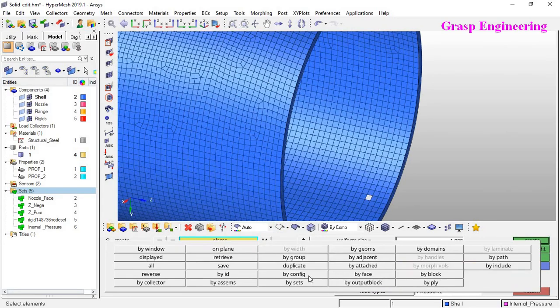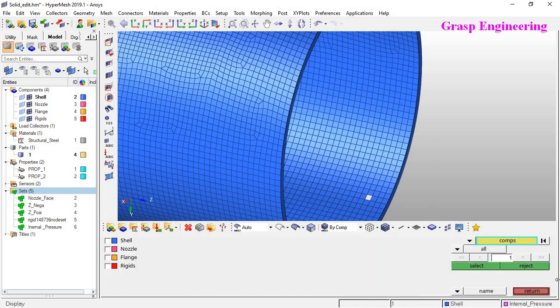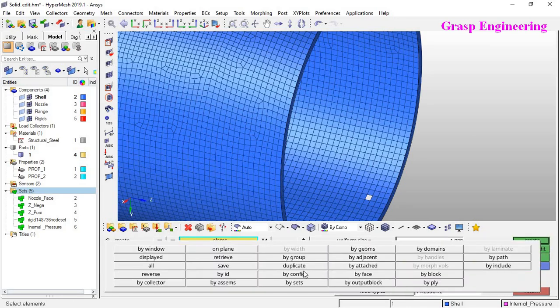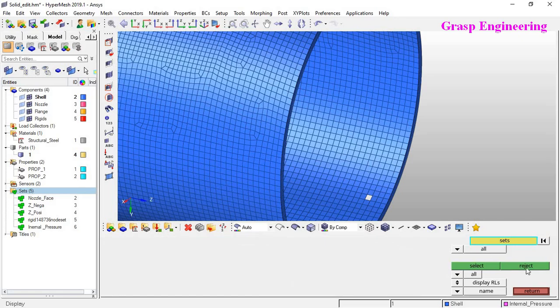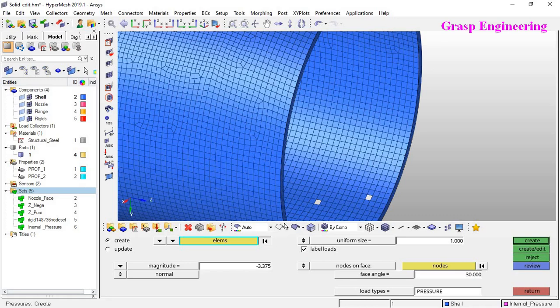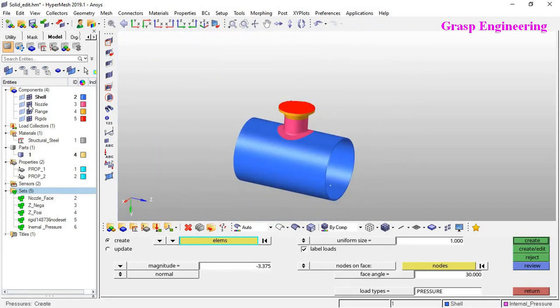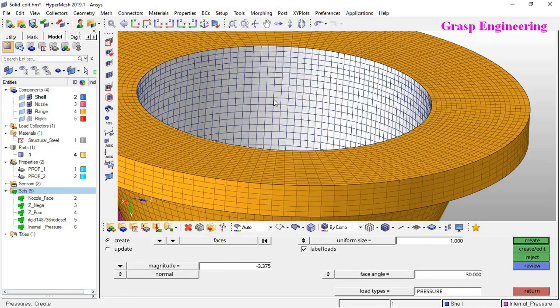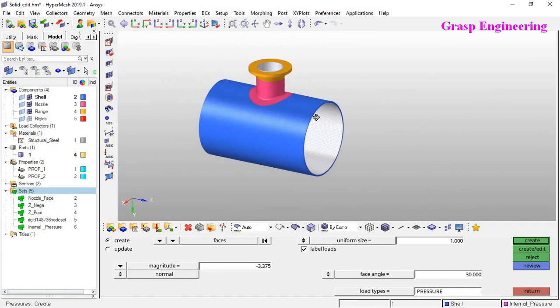So there are different options, like you can say by collector, if you created respective collector, or if you want to apply by sets, if you have any element sets, in that case you can apply by face. It's not selecting, let's hide the rigid, and here in element you can select the faces. So it is going to select all the internal faces, right? Let's apply on the faces.